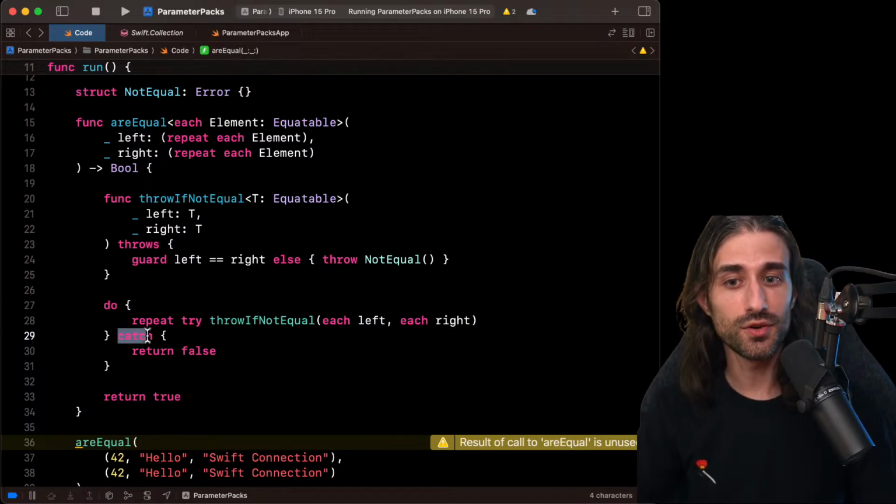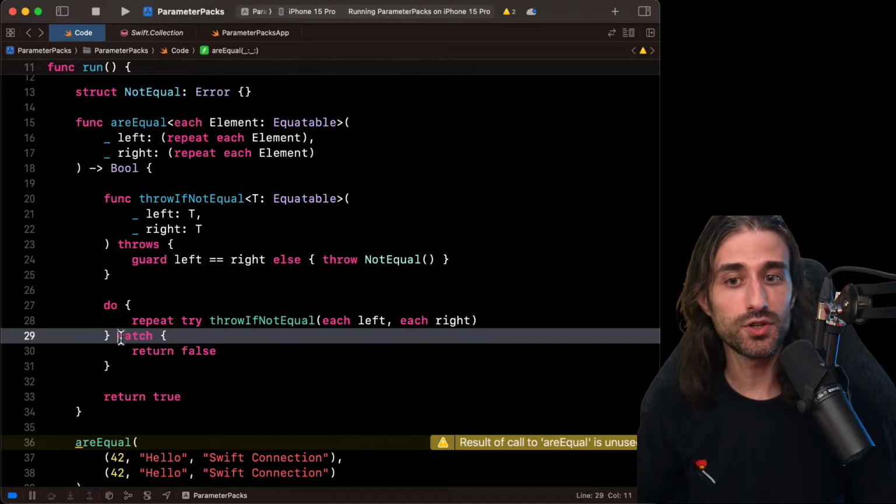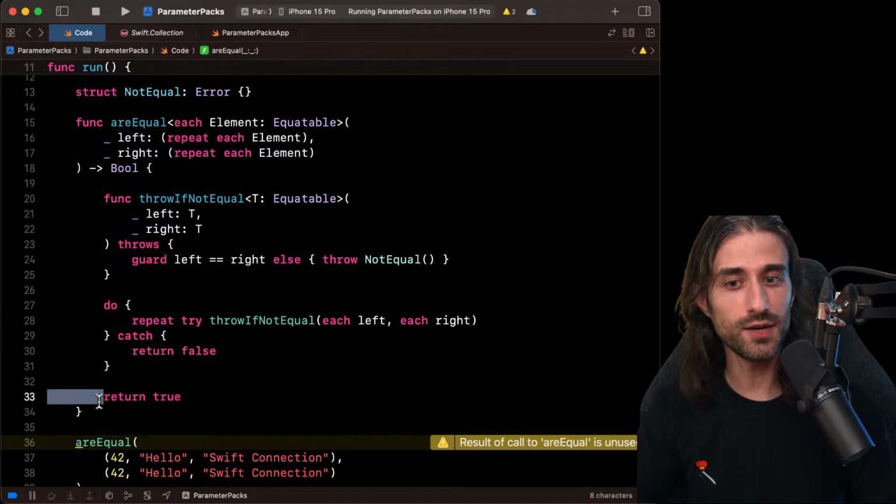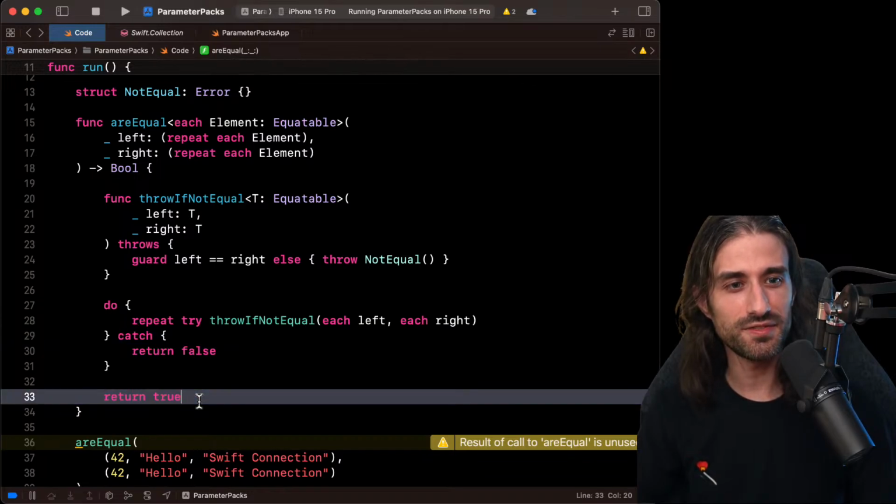If an error is thrown, so if the catch clause is called, we return false. And if the catch clause was never called, then we return true. It's fascinating to see this syntax, because we have mapped true and false to doing nothing and throwing an error. It's a valid mapping.